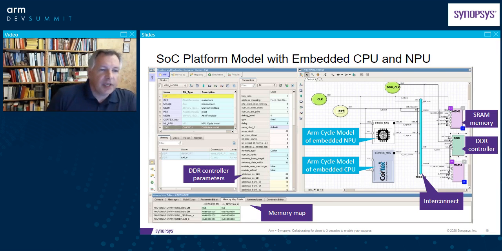So what you see here is a more detailed screenshot of this system that we've seen earlier. In this case, we have an ARM Cortex M55 CPU and an Ethos U55 micro NPU. Just one example of the many ARM cores and other IP titles that are integrated into Platform Architect. And in this case, we are running the inference of a CNN layer. So the ARM cycle model for the CPU, the Cortex M55, configures the micro NPU that you see on top here to do the heavy lifting parts of the inference